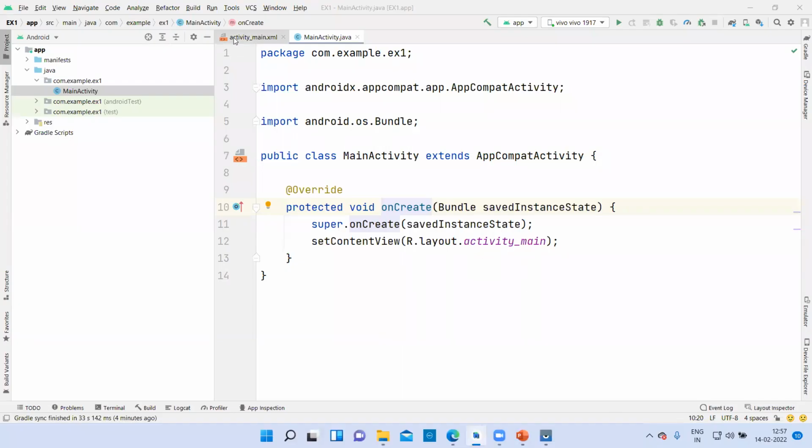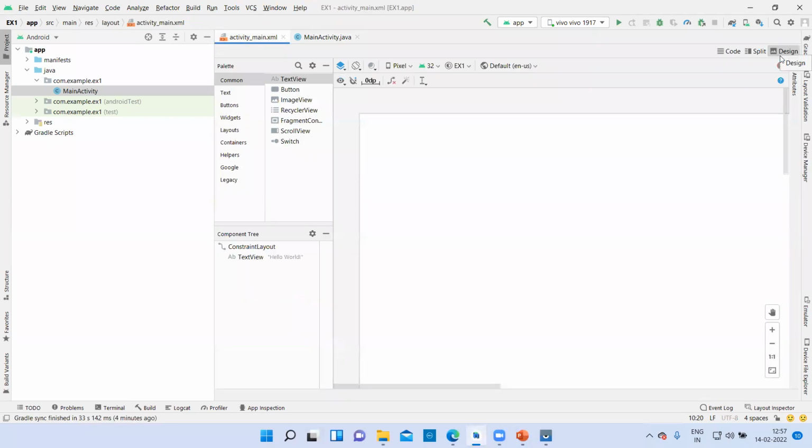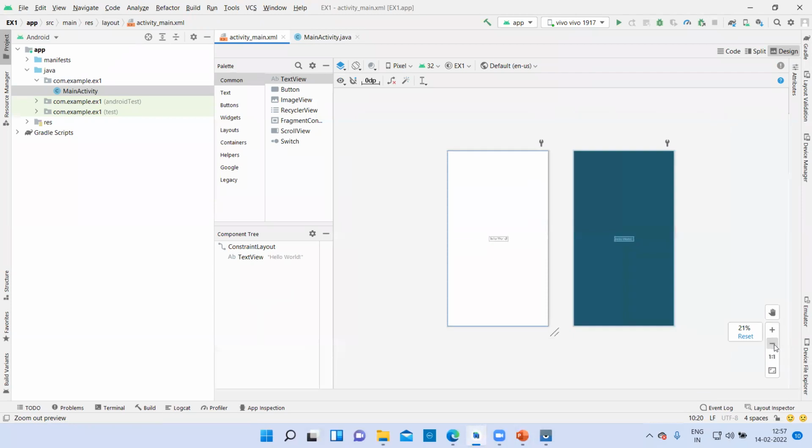So what we are supposed to do in the activity part, in the design segment. So as we know, intents are used to navigate from one activity to another. So here we will make two activities in order to navigate. We will drag one button, fine, and align it horizontally and vertically.